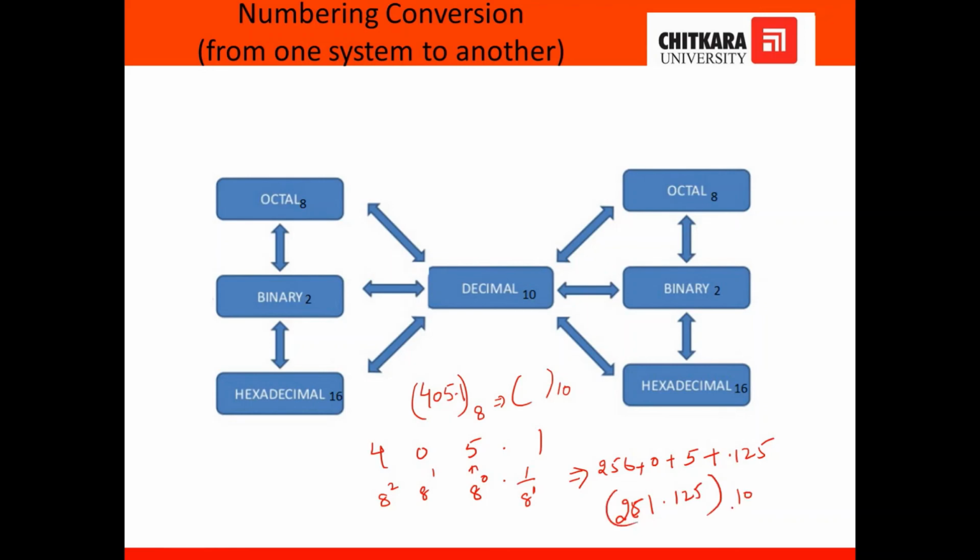So in this way I can do it with base 2 also. For example, if this question comes with base 16, then what to do? I multiply by 16 raised to the power 0, 16 raised to the power 1, 16 raised to the power 2, and then I divide by 16 raised to the power 1, and in a similar way I will calculate the whole answer.